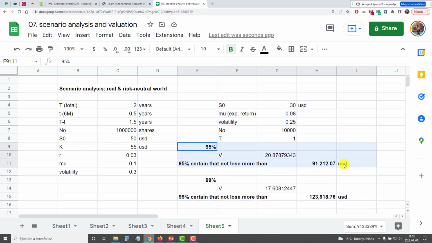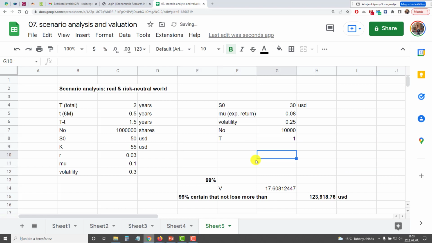We need only 99%, so we can get rid of this one here, and then we can just recalibrate that. Okay, we need S0, mu, volatility, number of somethings,